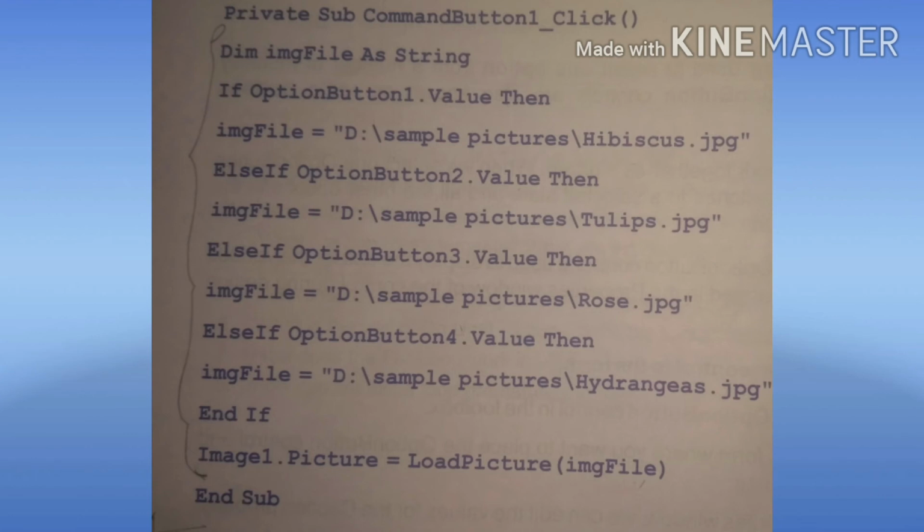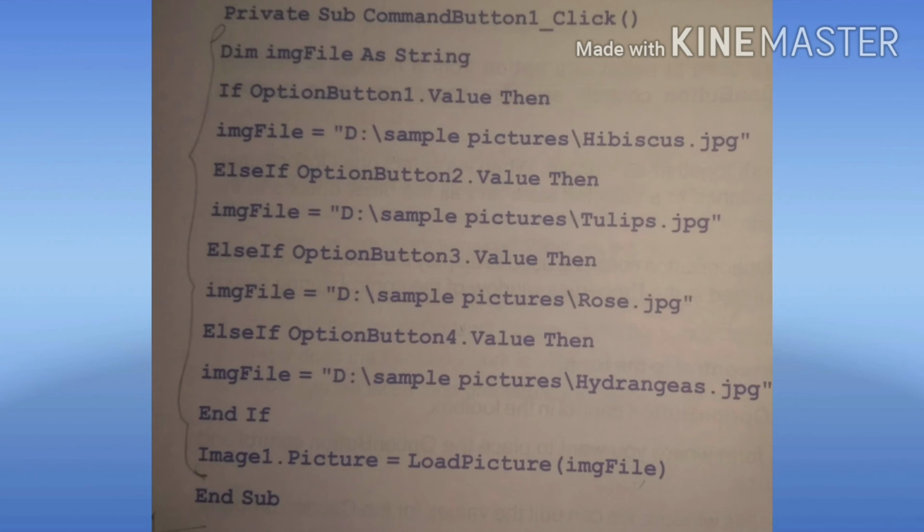Then the program starts. If Option1.Value, that is, the user is selecting the first option button, then which image should display? From the sample pictures in the D drive, the hibiscus picture should display. So imagefile is equal to D:\Sample Pictures\hibiscus.jpg.